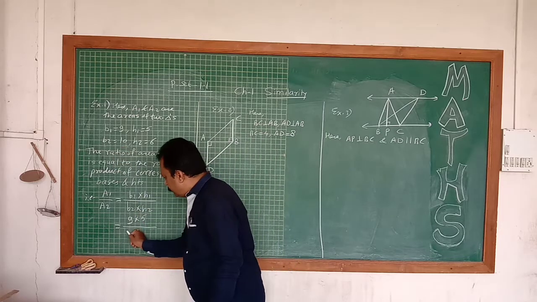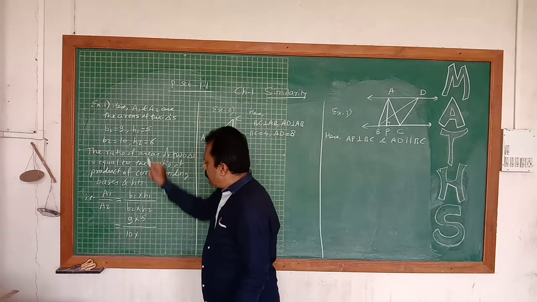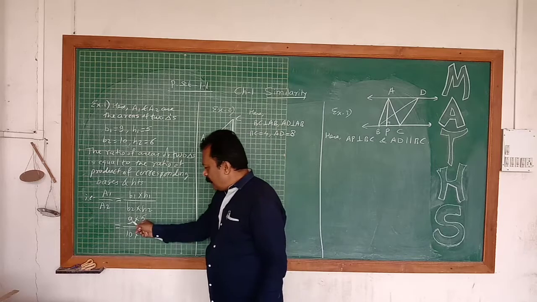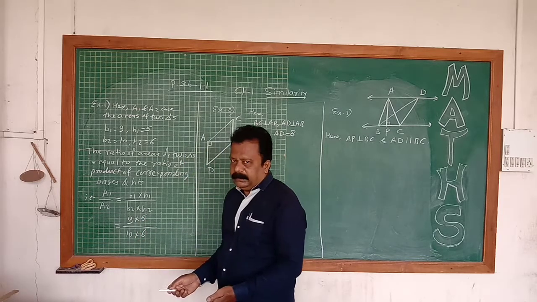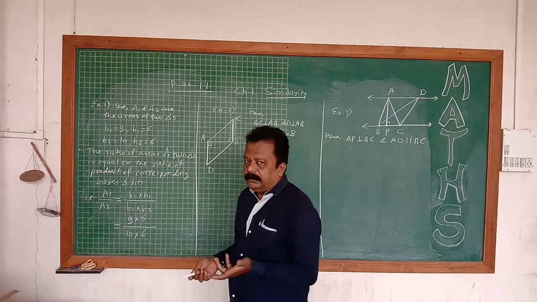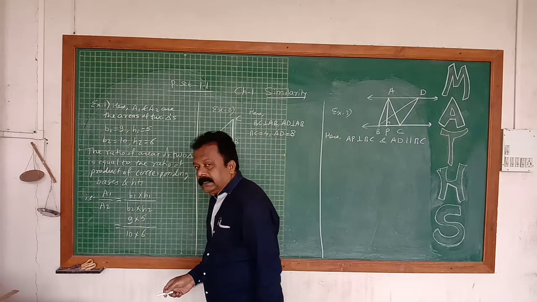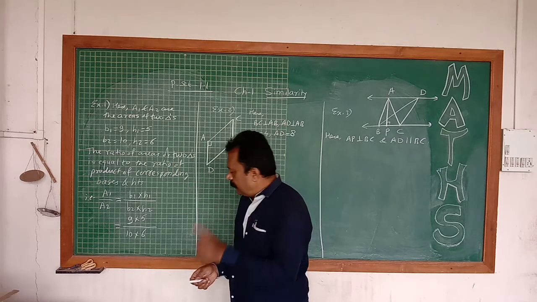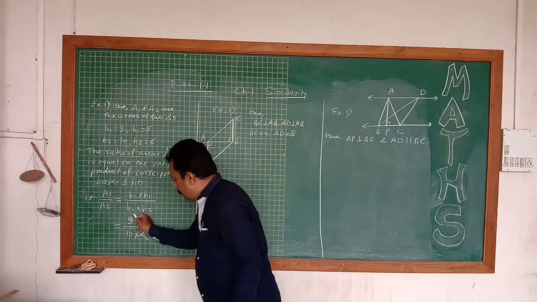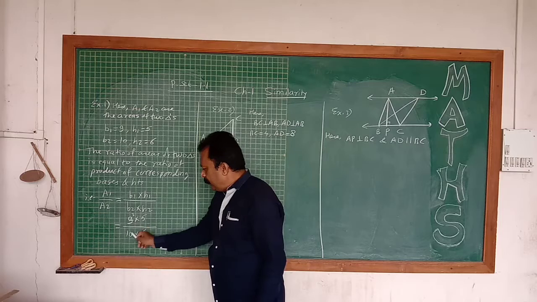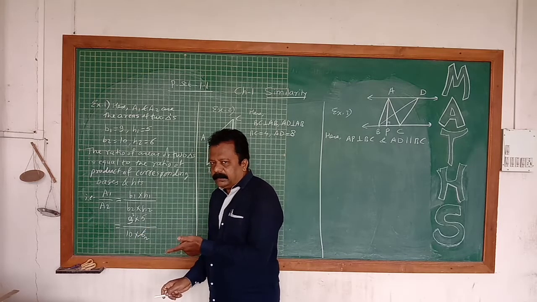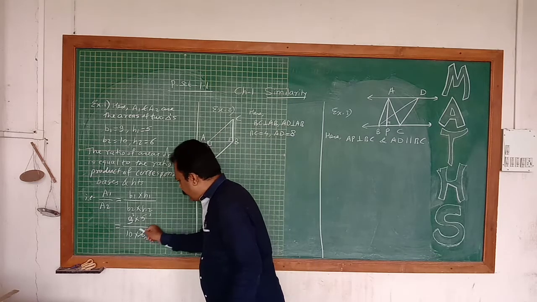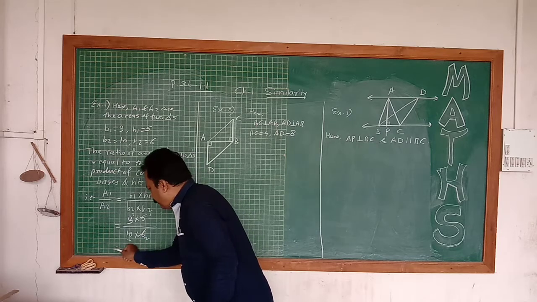Now B2 is 10, multiplied by H2, which is 6. Now you can calculate by different methods. Some students do 9 fives are 45 and 10 sixes are 60. Instead of that, we can simplify here only. 6 and 9 are in the 3 table. Then we can divide both numerator and denominator by 3. So 3 twos are 6, 3 threes are 9. In the same way, 5 and 10, numerator and denominator, we can cancel. How to cancel? 5 and 10 are in the 5 table. So 5 ones are 5, 5 twos are 10.